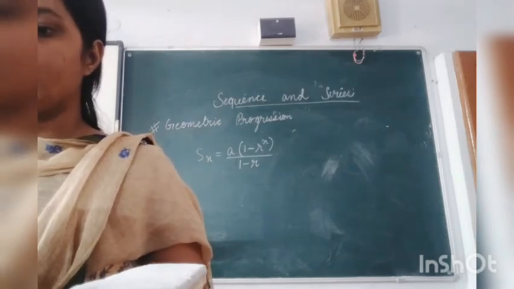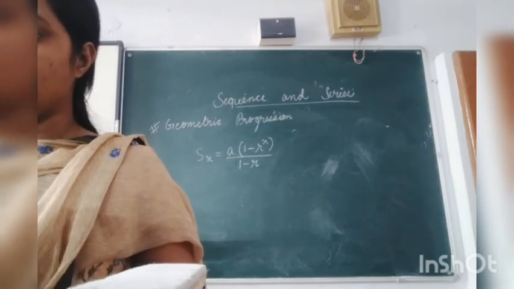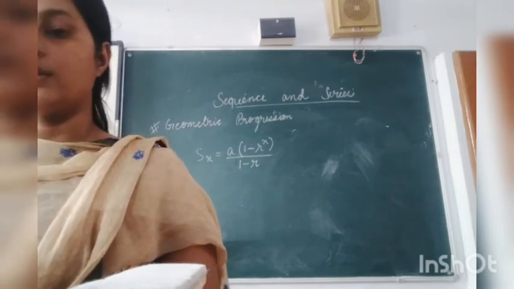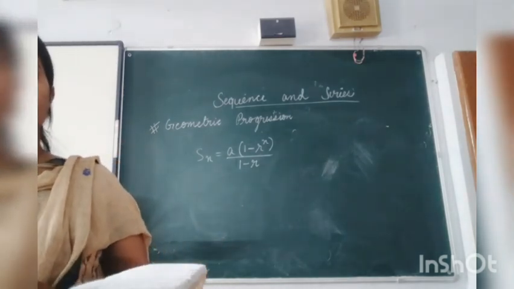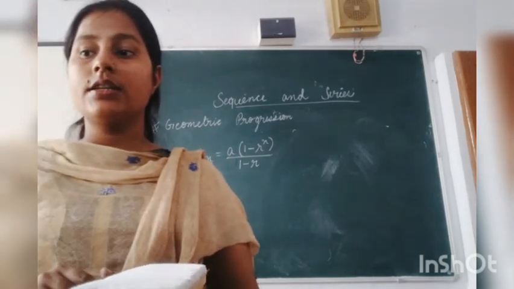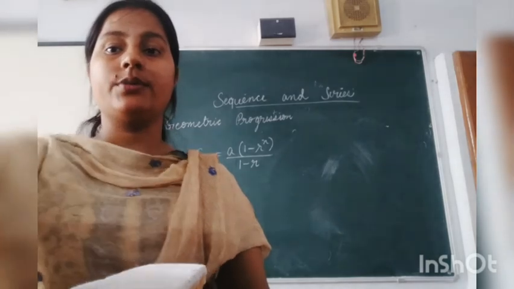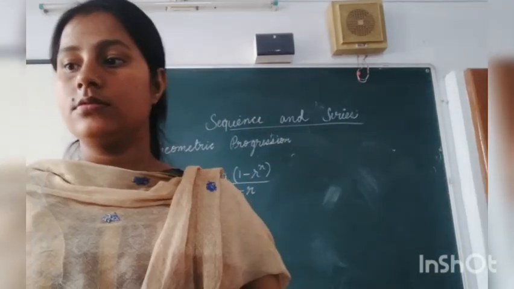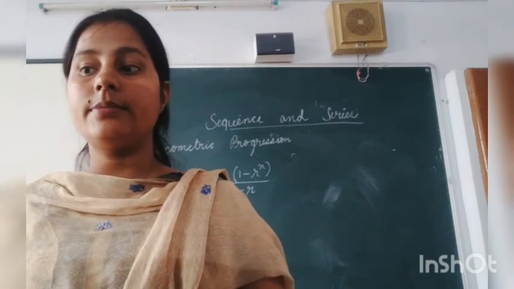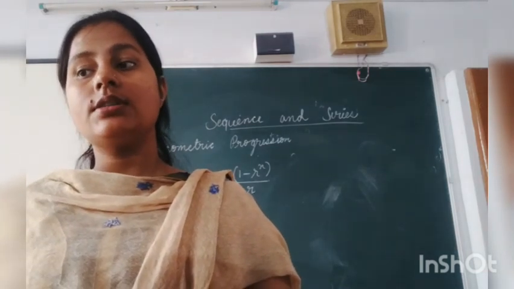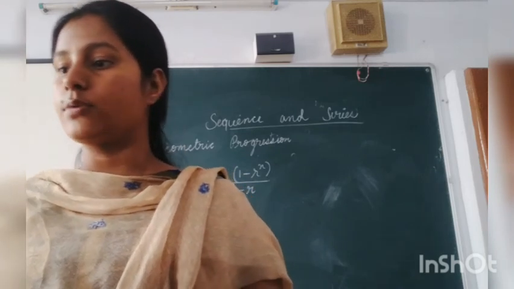Now on the basis of these formulas we have the question, the exercise 9.3. So what you are going to do is you are going to solve the questions, try to solve some of them. Like the first question is you have to find the 20th and nth term of the GP 5/2 in the exercise. In the exercise you have to find the value of 20th term and nth term, the first question. So simply हम formula apply करेंगे and then after applying the formula we can calculate the values.